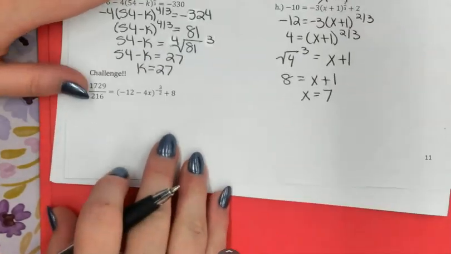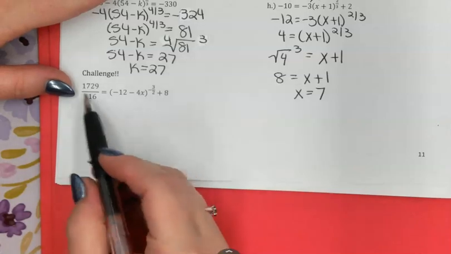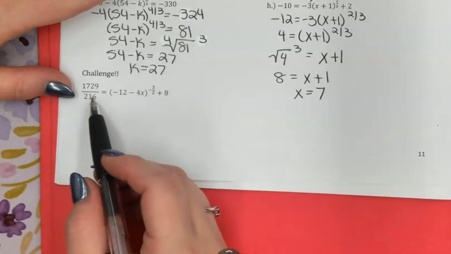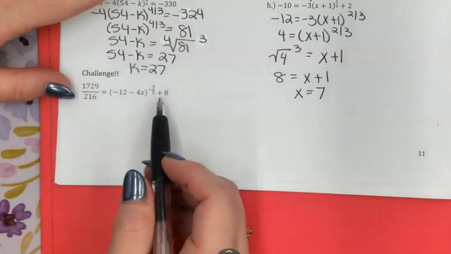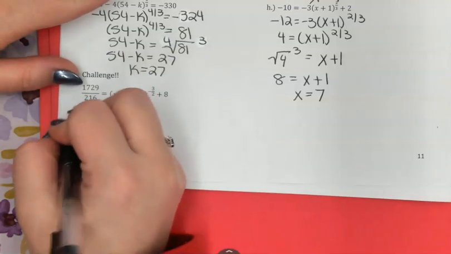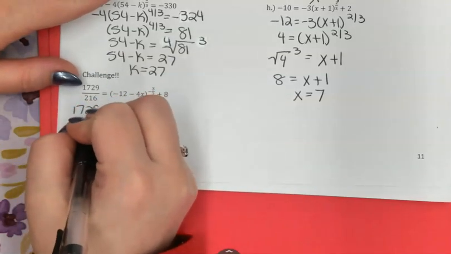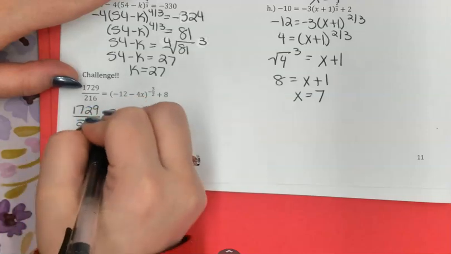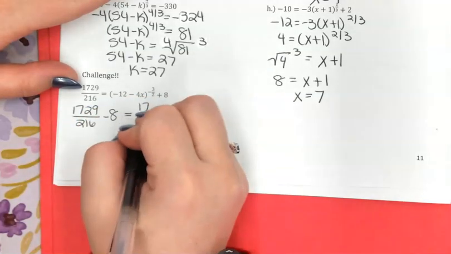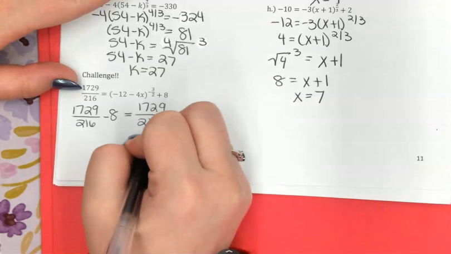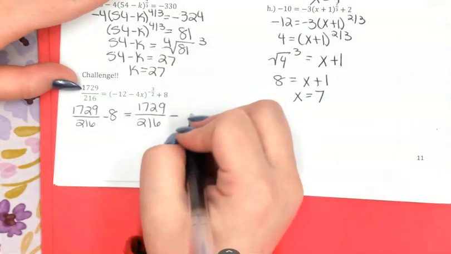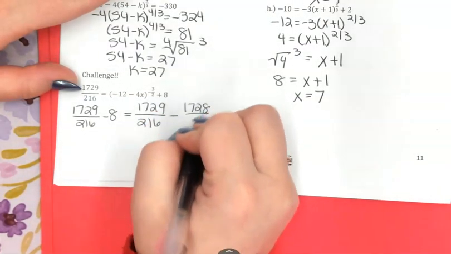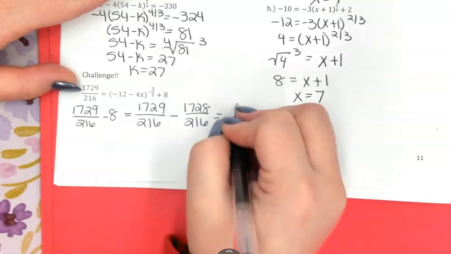Okay, on to our challenge. I've got a fraction here. But don't let that scare you. First thing I'm going to do is subtract 8. So I'm going to have 1,729 over 216 minus 8, which means I'm going to need a common denominator. That common denominator will be 216, so I'm going to subtract 1,728 over 216, and that will leave me with